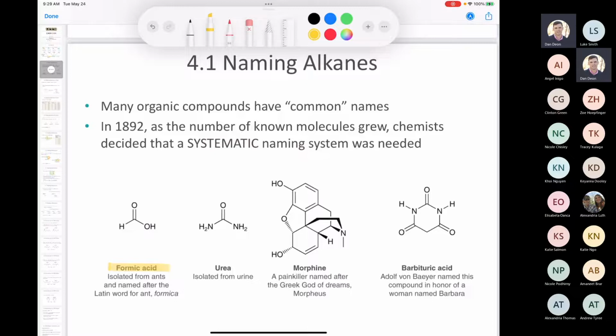Urea, I think it's pretty easy to guess where that one comes from. Urea was isolated from urine, but another one that's kind of interesting is morphine. If you're wondering where the word morphine comes from, morphine is named after Morpheus, who was the Greek god of